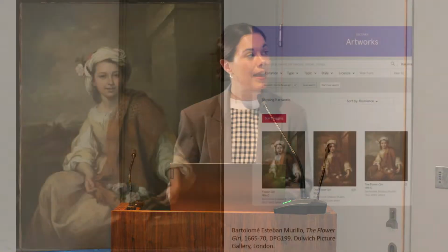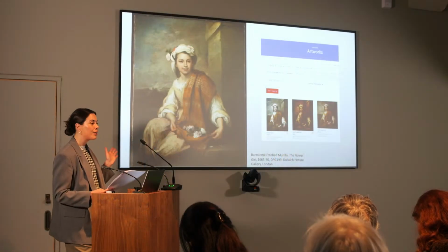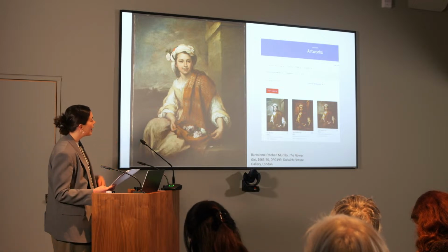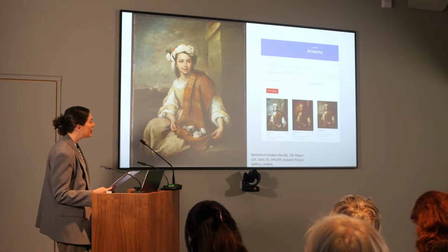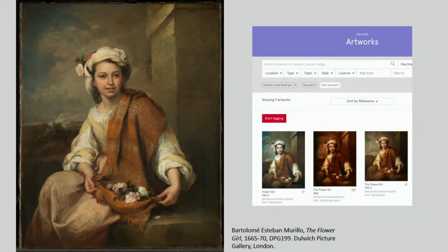So the historic Spanish paintings at Dulwich Picture Gallery have long been appreciated by artists, writers and thinkers. And to give a sense of their popularity, between 1879 and 1899, artists registered at Dulwich Picture Gallery to make copies of Murillo's Flower Girl on 108 different occasions, officially making this painting the most copied in the Dulwich Picture Gallery collection. And I'm just showing here, quite lightheartedly, a little search that I conducted on the Art UK website, which has